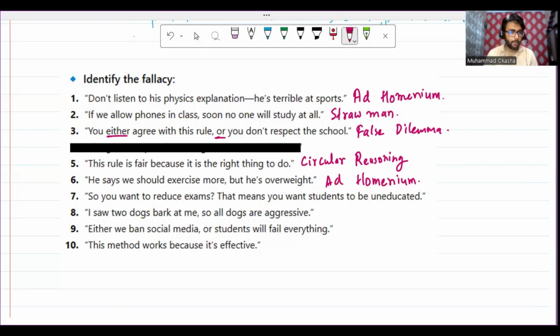अब यहाँ पे क्या हुआ, एक बंदा कहना चाह रहा है कि हमें एग्जाम्स कम करने चाहिए, बच्चों की मेंटल, for example मैं कहना चाह रहा हूँ कि हमें एग्जाम्स कम कर देना चाहिए बच्चों की मेंटल वेलबींग के लिए, राइट? ताकि बच्चों पे बर्डन कम हो, और एग्जाम के चक्कर में बच्चे सीख नहीं पाते बहुत ज्यादा क्योंकि एग्जाम का स्ट्रेस होता है and so on, राइट? मेरे 1,000 रीजन हो सकते हैं, और आप बदले में मुझे बोलो अच्छा तो तुम चाहते हो कि एग्जाम कम हो जाए ताकि बच्चे जो है अनपढ़ रह जाए। तो ये क्या किया, अब वो बोलोगे नहीं मैंने तो ऐसा बोला ही नहीं, that's not what I meant, राइट? लेकिन आपने क्या किया, मेरा आर्ग्यूमेंट लिया और उसको क्या कर दिया, स्ट्रॉ मैन कर दिया। This is called straw man. अच्छा ये मैं ये भी नहीं ले रहा because this is another type of